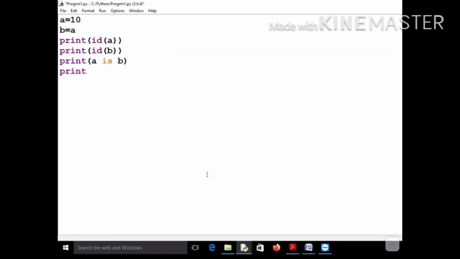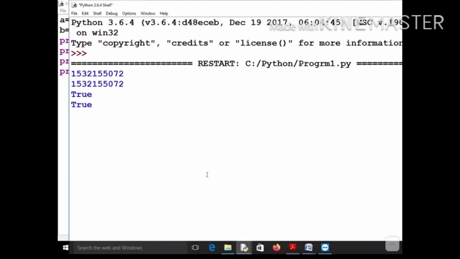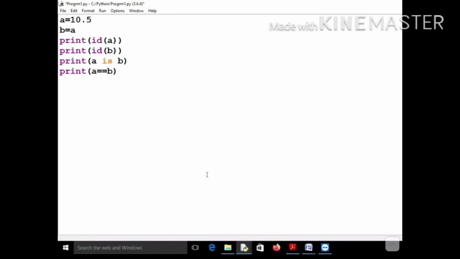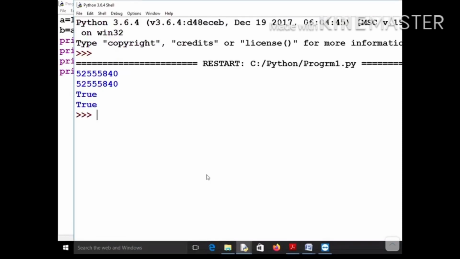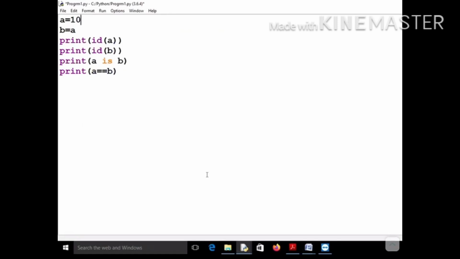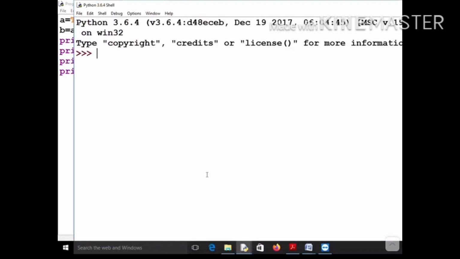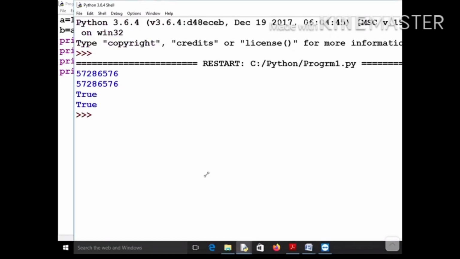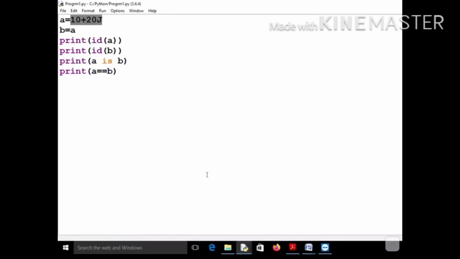Even if you do a == b, then also it will give you the same value, because these two values are also same and their addresses are also same. Now this is valid for any kind of data, whether it is mutable or immutable. For example, in this case also, the values are same and their addresses are also same. Let me show it for the Boolean type of variables, and you can see that again it is true and true. And let me show it for the complex type also. Again this will be true, this will be equal, their addresses will be same.